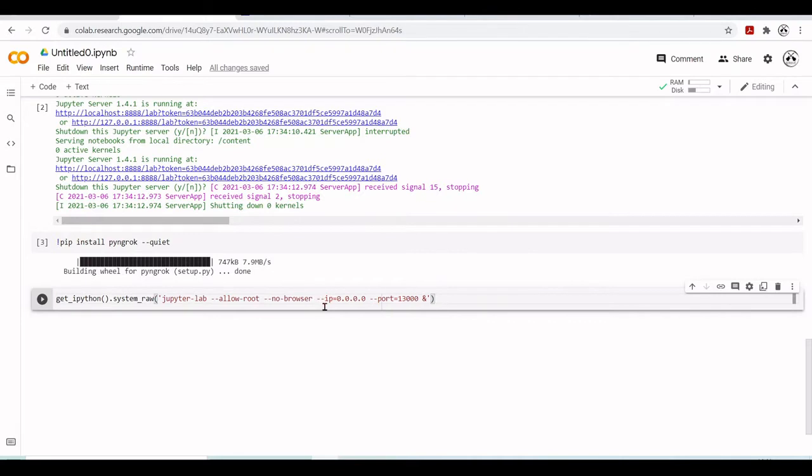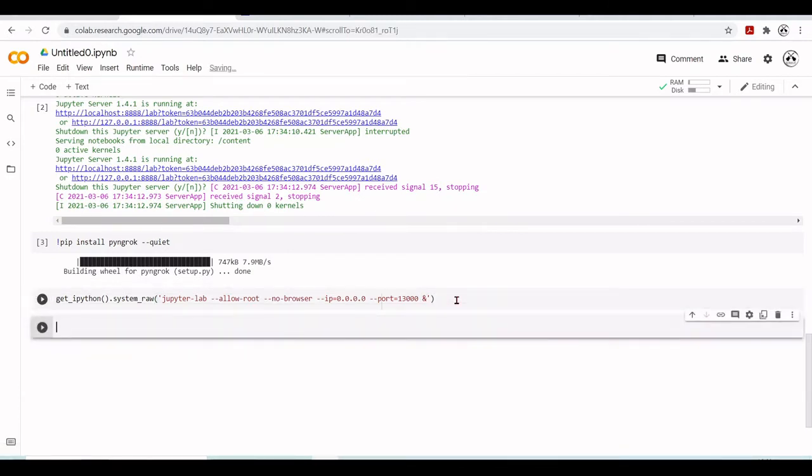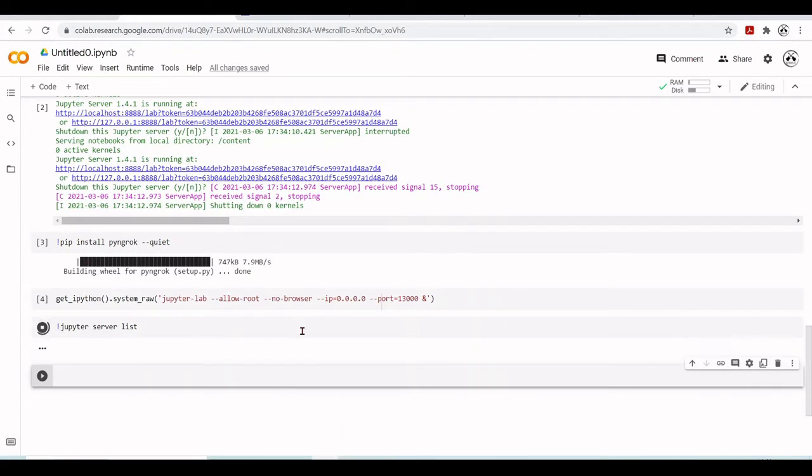This is not necessary, it's already localhost by default, but the default port is 8888, but you can choose a different port, and here we will run in the background. So now when I execute the cell, and if for example we do a jupyter server list, we see that